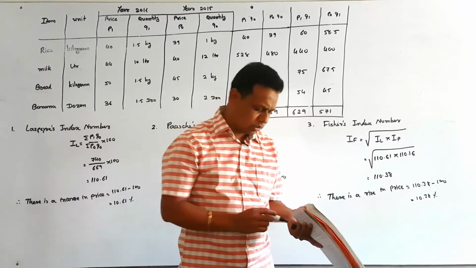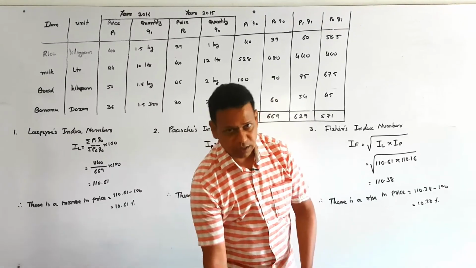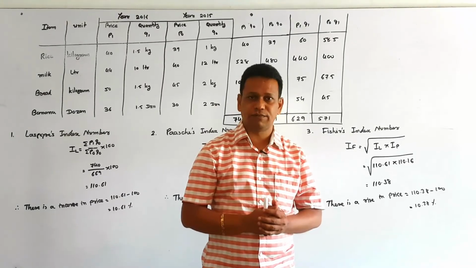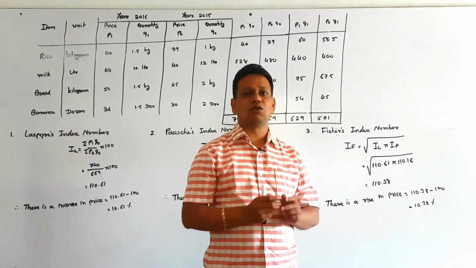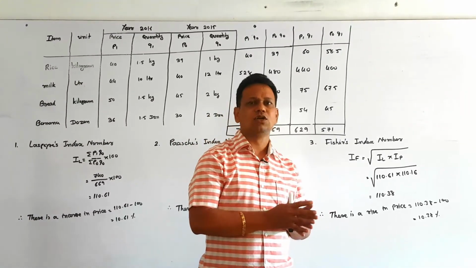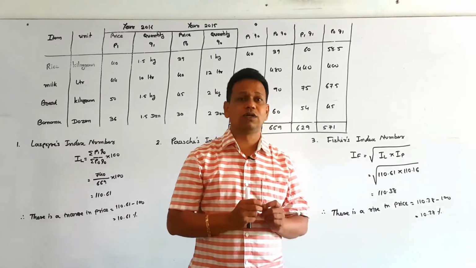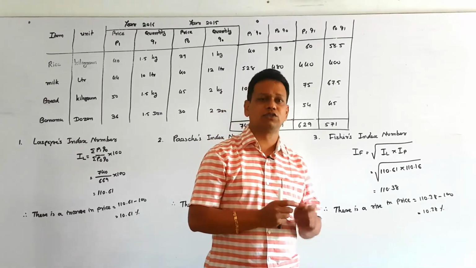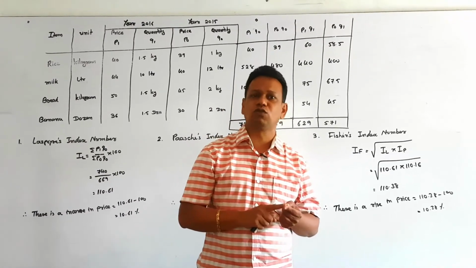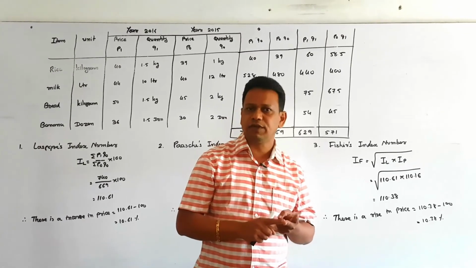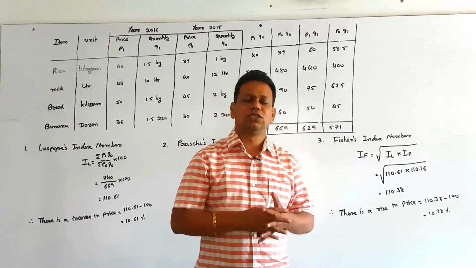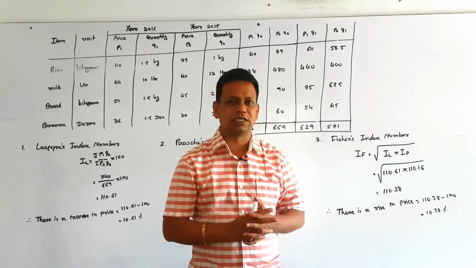The most important part is that it becomes easy only if you make the formula by yourself, because many students memorize the formula. I am always against teaching methods that memorize formulas. Always try to understand how to make such formulas, because theory will help you. Remember the keywords: Laspeyres gives importance to quantity of base year, Paasche gives importance to quantity of current year, and Fisher's index number is the geometric mean of Laspeyres and Paasche index numbers.